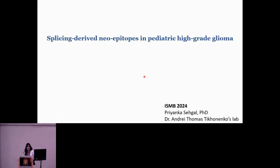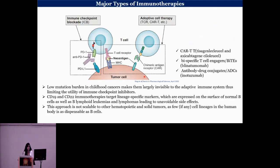Hello, everyone. This is going to be a short talk about our current project, which deals with splicing-derived neo-epitopes in pediatric high-grade glioma as targets for immunotherapy. So currently, there are two major types of immunotherapies: immune checkpoint blockade inhibitors and adoptive cell therapy, which mainly includes TCR and CAR T. And although cellular immunotherapies have had tremendous success, there are still certain limitations, particularly in the